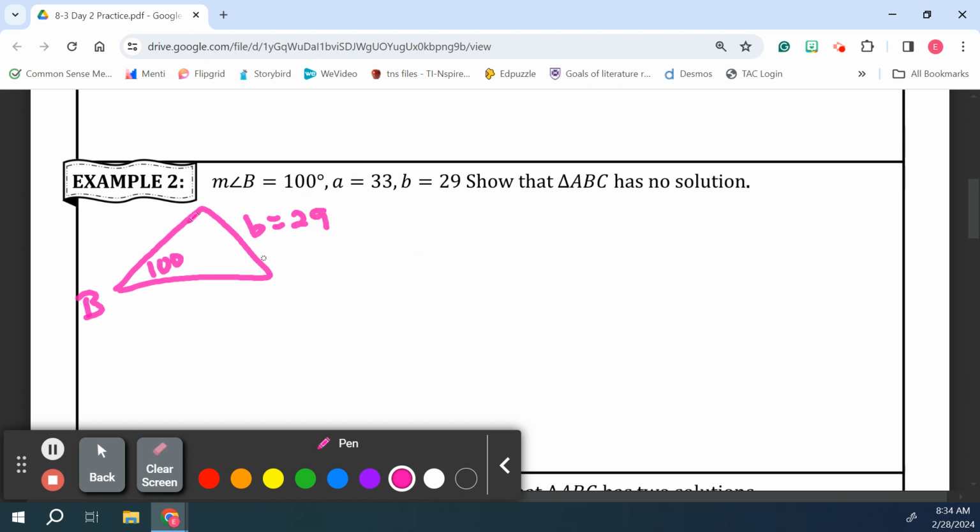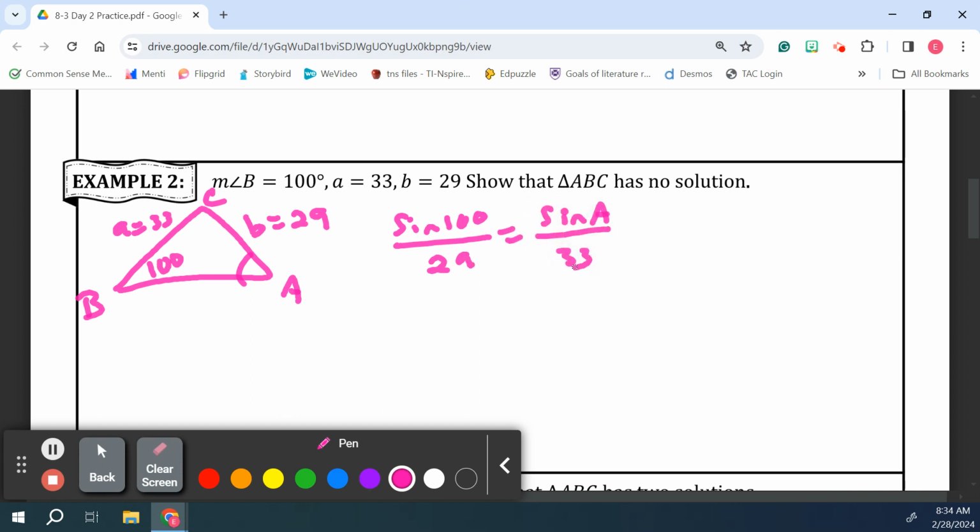Now over here I have A, with little a being 33, and I can put C right there. So now we're going to solve for this angle that we can absolutely get. So this is the sine of 100 over 29 equals the sine of A